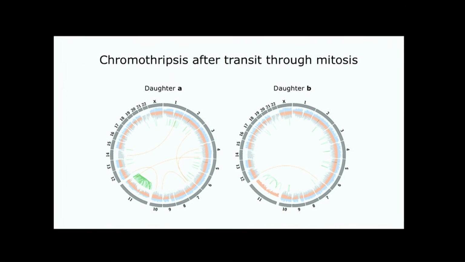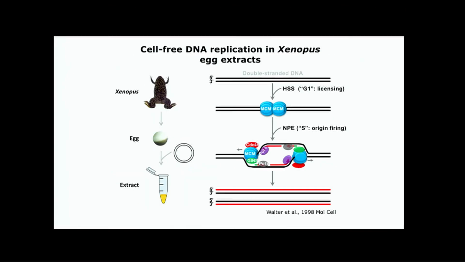So if you're knocking down some protein for 24 hours and it's messing up S phase and you see some damage in mitosis, it becomes very difficult to say that the damage was really because of something that happened in mitosis rather than earlier in the prior S phase. So to address this problem,